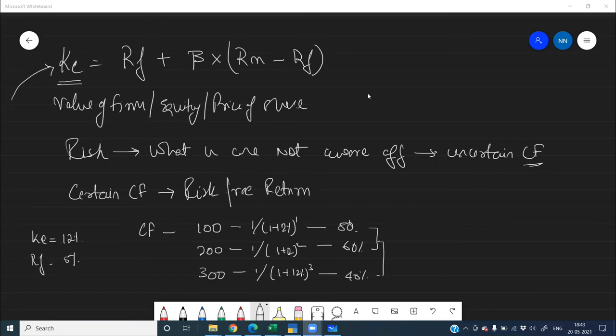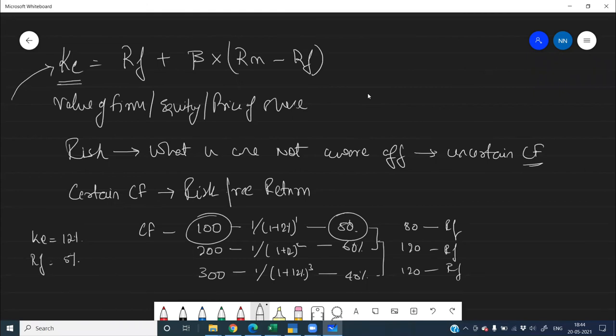So how do you calculate this? This will be 80 rupees, this will be 120 rupees, this will be 120 rupees. इसको आप डिस्काउंट किससे करोगे? This you will discount by RF, RF and RF. If you discount this by RF, then you will get the certain cash flows, because here you have already multiplied the total cash flows into a certainty factor. Okay, this is called as certainty equivalent approach also.